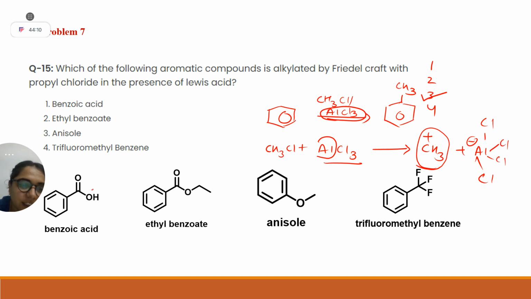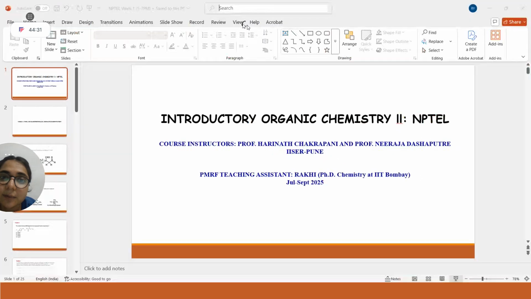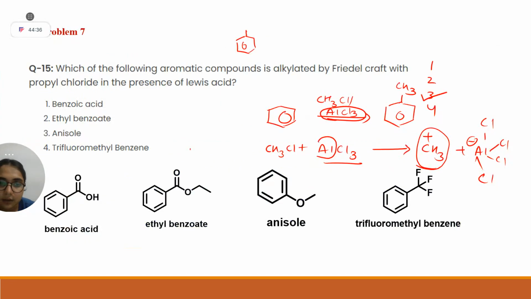Before that, tell me: this COOH, will it give electron density to the benzene ring or will it take electron density from the benzene ring? It will take electron density from the benzene ring, because the carbonyl is attached here. Students, if anywhere a carbonyl is attached to your benzene ring, R can be anything, it will be your minus M group.